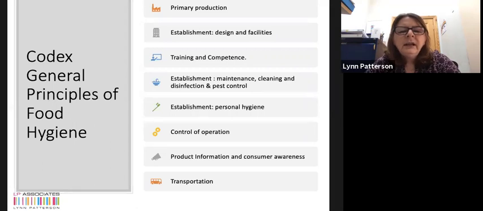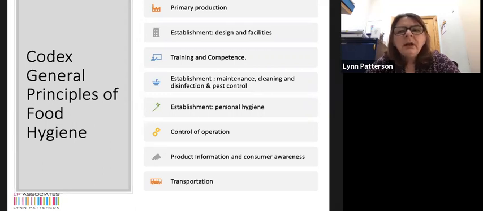So maintenance and cleaning, pest control and control of waste. Then we have establishment personal hygiene. So health status, illness and injuries, personal cleanliness, personal behaviour and visitors. So interestingly, personal behaviour has been in there for some time. So we looked at food safety culture early on in the presentation, and here very much it's been in Codex for some time. Control of the operation, so incoming raw materials, packaging, water control, management and supervision,